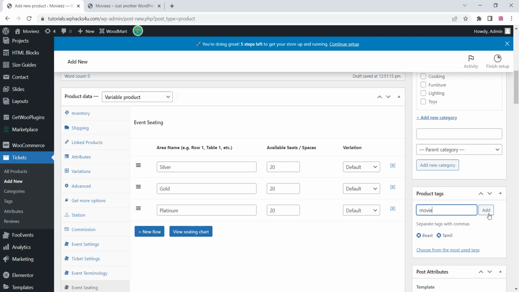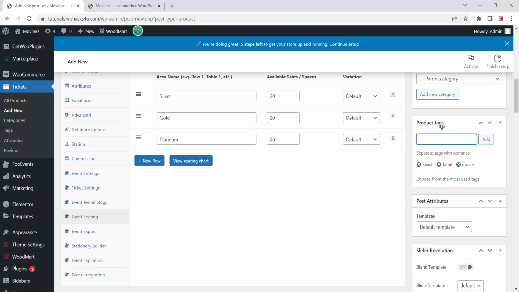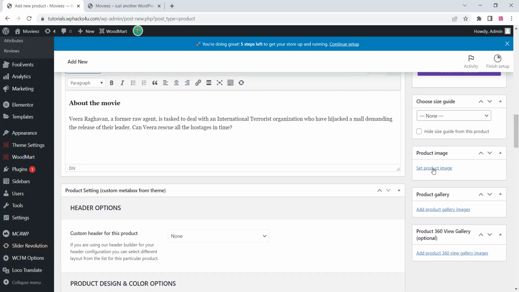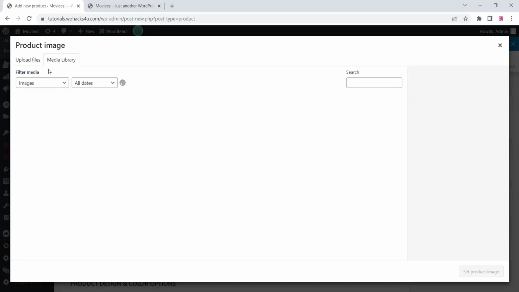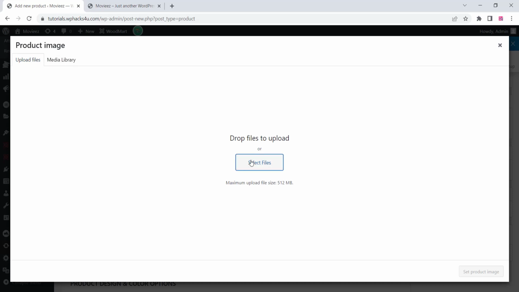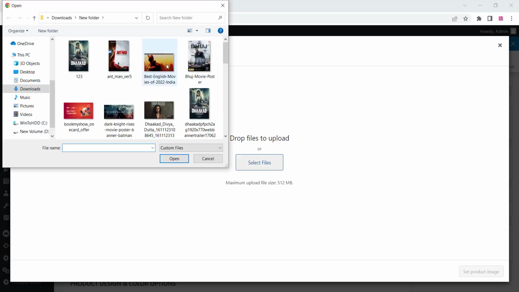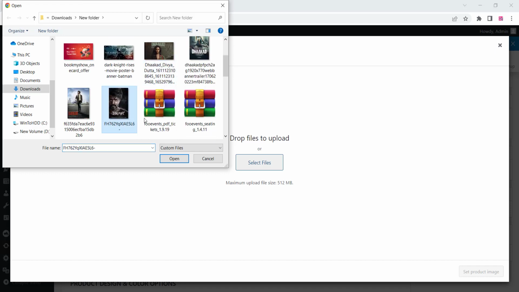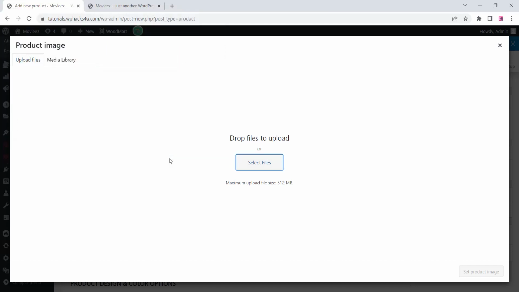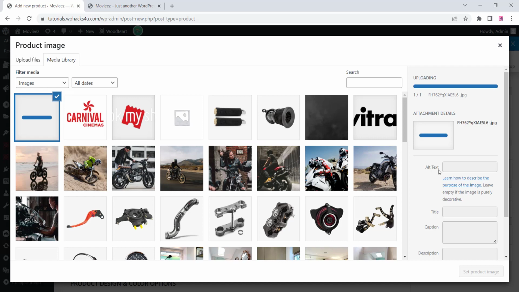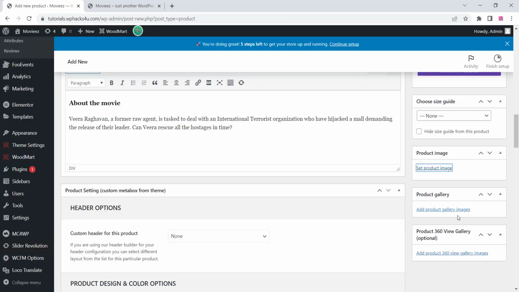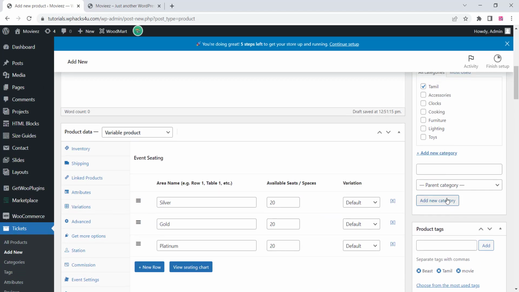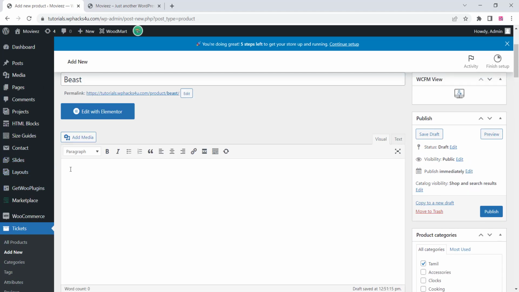Actually, the film can be created only by the admin, and you can supply it to the theaters. So the theaters can just accept that, and they can sell the tickets, right? That's the better and the only suitable way for selling tickets. The theater owners may not be professionals at designing like this, so the admin can create all these things, and they can just add it from their dashboard. It's super easy. Once you complete everything, just click on publish,